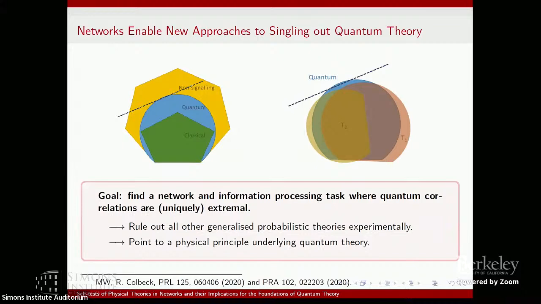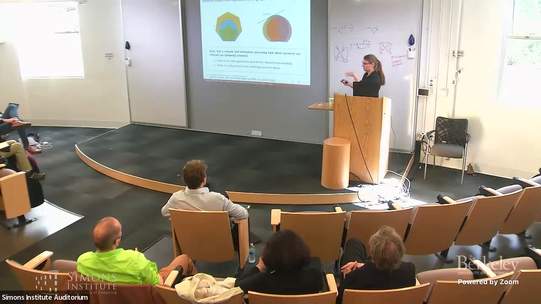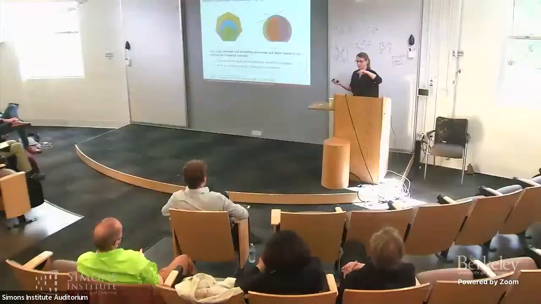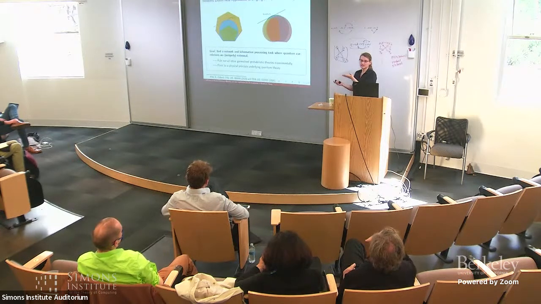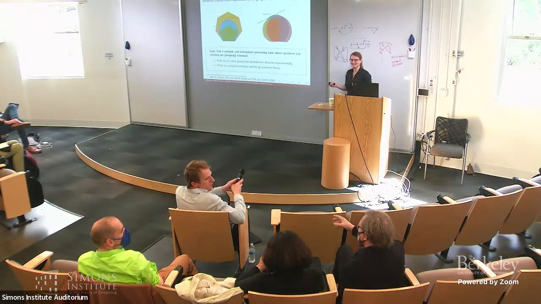Yes. Can you just explain what you mean by optimal in this context? Okay, so I would have a network, and then I would have parties who also have inputs and make outputs. And I would define, again, a game or some relation on this, some figure of merit. And then there is a maximum that you can achieve in, let's say, this generalized probabilistic theory framework. And by optimal, I would mean that quantum achieves the maximal value, which in the CHSH game and the usual Bell scenarios is not the case. Okay, thanks. I think there's someone else raising their hand.